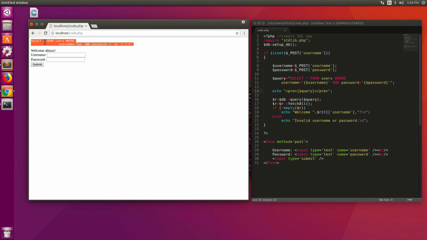The query is still select star from users where username is foo, the thing that we entered, and password is. Now this is the interesting part. The part that I highlight is the password that I entered. It's inside a pair of single quotes and that's supposed to be the password. But the trick is that it's changing the semantics of that query. It's making it and password equals 1,